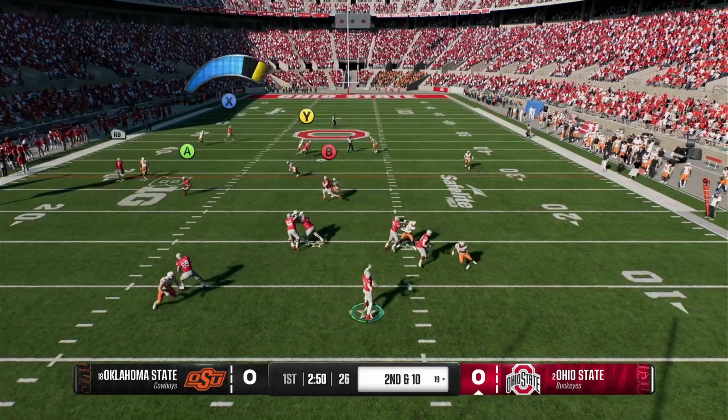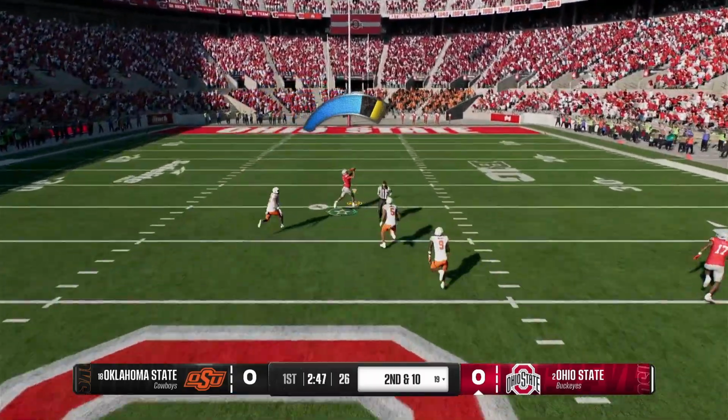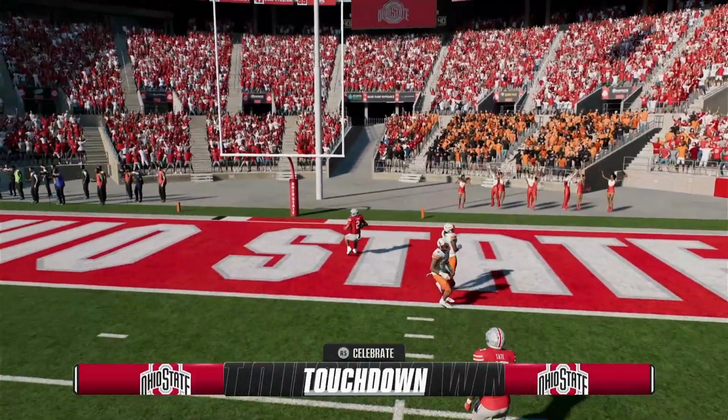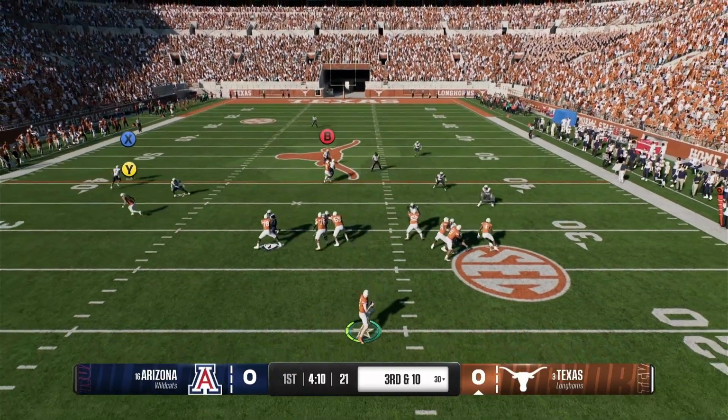If you're struggling with passing the ball in College Football 25 or you're just looking to get better, don't worry, I'm here to help. In this video, we'll go over the top passing tips to help you start winning more